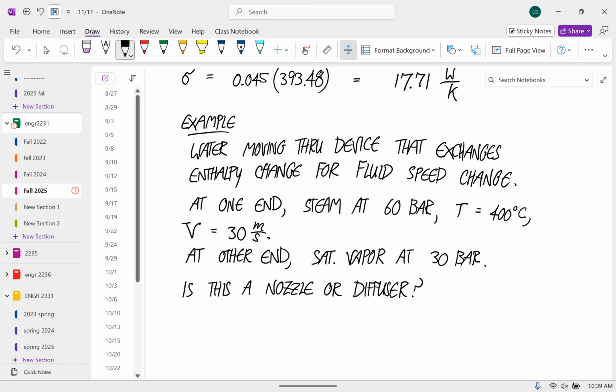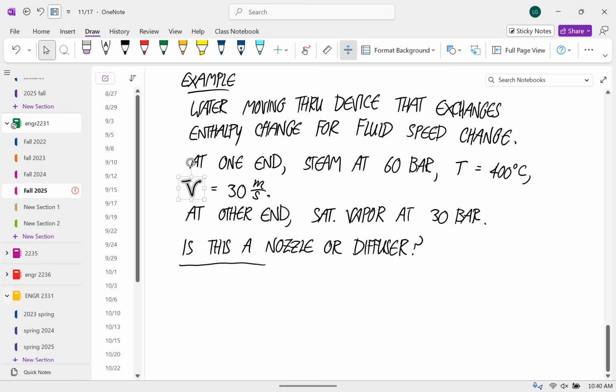The way we're going to do it is we're going to calculate the entropy produced. And the direction that's possible is the one with positive entropy produced. Excuse me. So the direction that occurs is the one